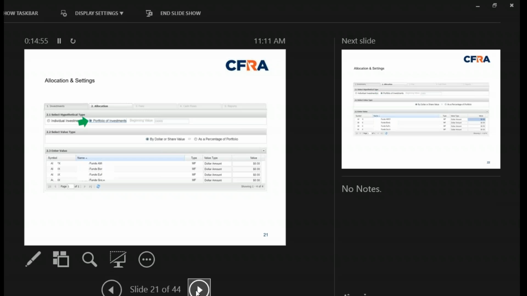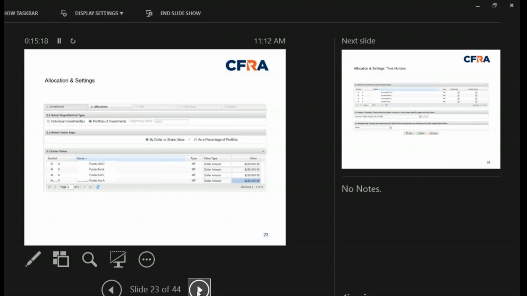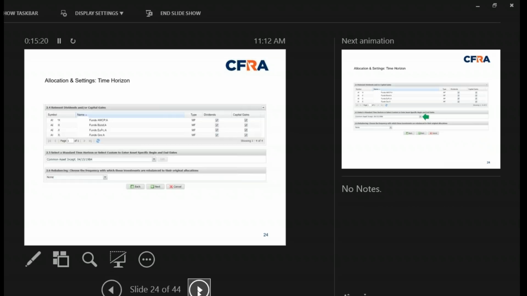We do suggest using a percentage of portfolio or dollar allocation method, and you simply just input that information in 2.3. If you do suggest a percentage of portfolio, say for a model comparison, you would be asked to input the value of the portfolio so that the percentages entered in 2.3 then calculate. And you'll see we chose dollar on this particular example.